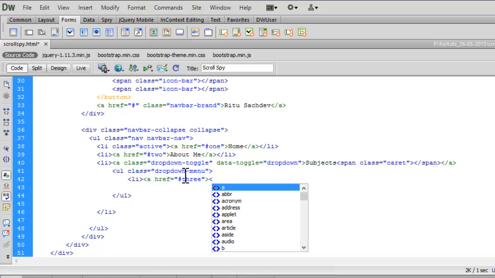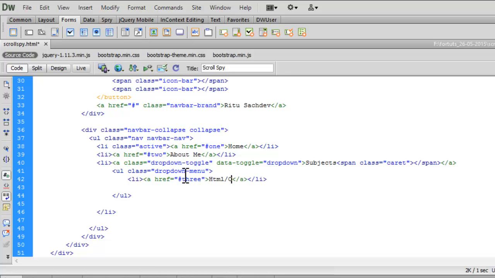Let's close this anchor tag completely, and let's close this li tag too. In between let me have the text HTML CSS. So that will be the text on which we have this id as a link. Now let me copy it again,